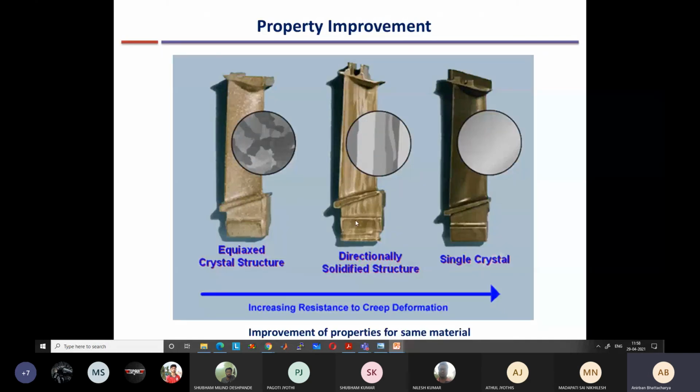The advantage of this is that we have very high creep resistance in the longitudinal direction. Why do we need very large creep resistance in the longitudinal direction? Because when the blades are rotating, they undergo a lot of centrifugal stress in the direction of the length of the blade, not in the cross sectional direction. Only in the direction of the length of the blade do they have a lot of centrifugal stress. So over time, even at constant stress, the blade will elongate, because it is operating at high temperature. This we have already discussed.